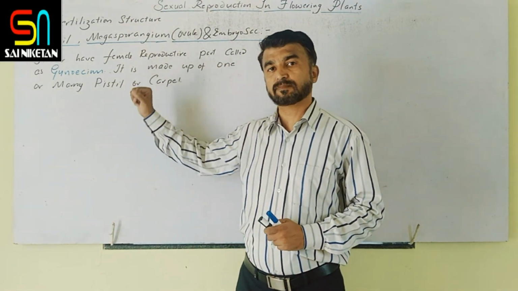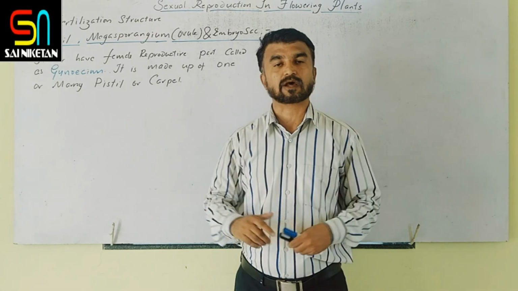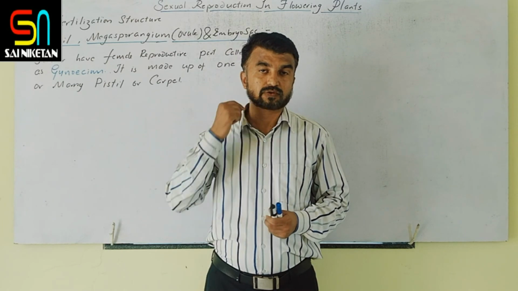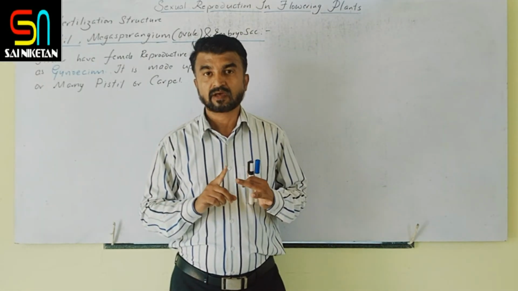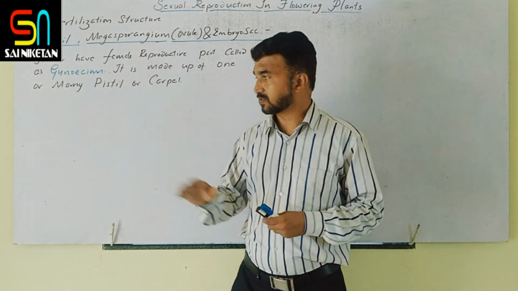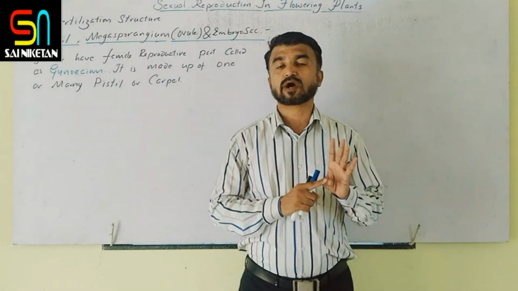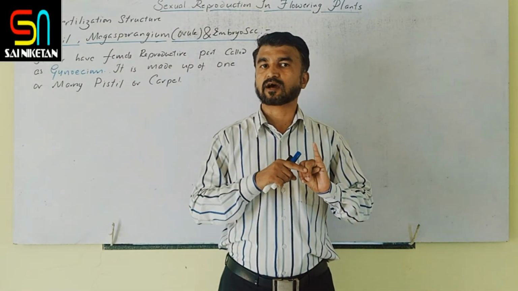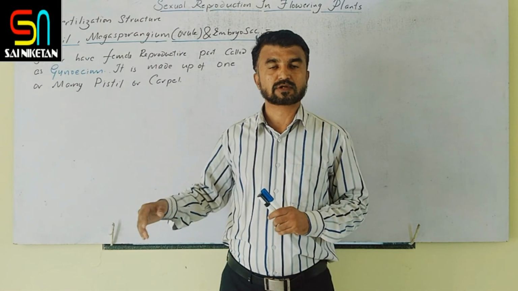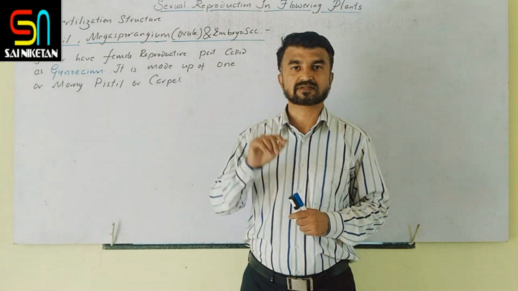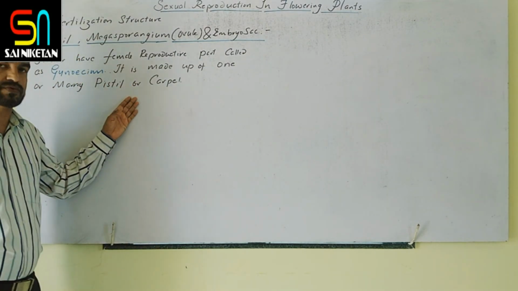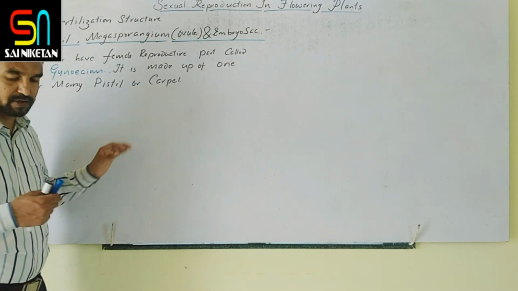If it is made up of more than one pistil or carpel, then it is called polycarpellary. Can you remember the three families we covered in the first year? Solanaceae is bicarpellary, Fabaceae is monocarpellary, Liliaceae is tricarpellary. So based on the number, the gynoecium is either monocarpellary, bicarpellary, tricarpellary, tetracarpellary, pentacarpellary or polycarpellary. These carpels are either free or fused. Some figures are there, so later on we will discuss.